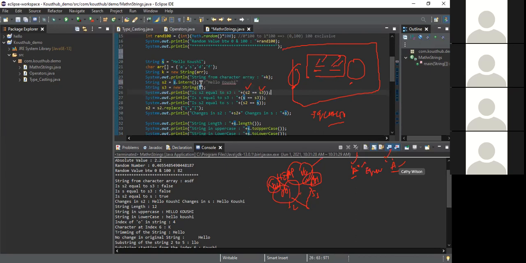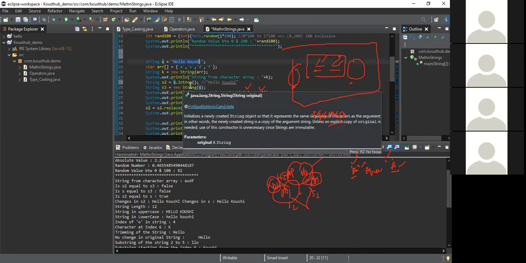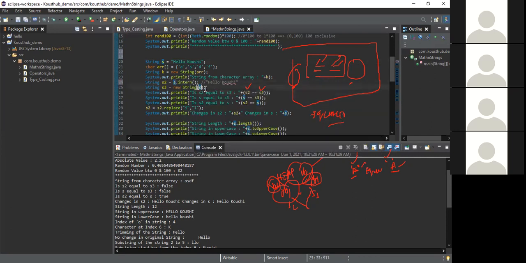So I have another doubt. I use the same value for all of them. For this also hello quotient, for this also the same. For the new string I gave hello quotient only. Now, what is the question? You told that if I consider S and S3 as two different objects, it goes to S and it has the value hello quotient. And for S3 also it goes to the object and it has the value hello quotient.